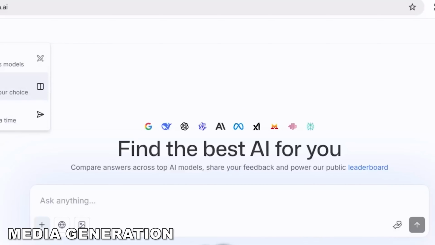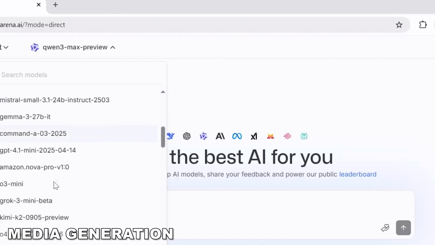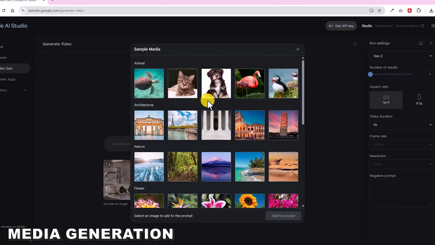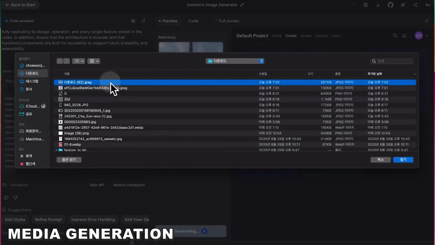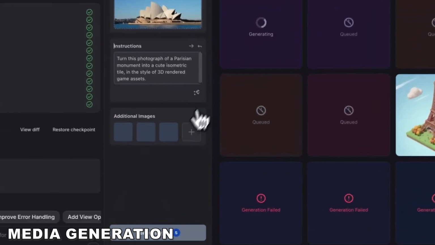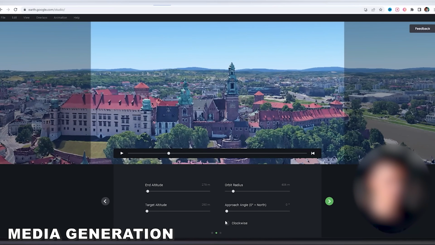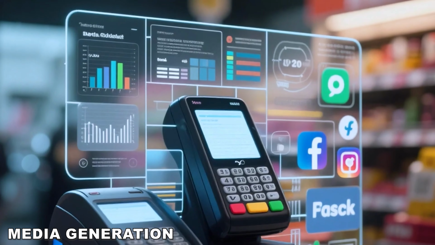The suite also includes powerful image editing tools. You can upload one of your own photos or use an image you just generated, and then perform edits with simple text prompts. You can remove unwanted objects from a scene, change the color of a car, or add details that weren't there before. This integrated workflow of generating and then immediately editing is incredibly efficient, but media generation isn't